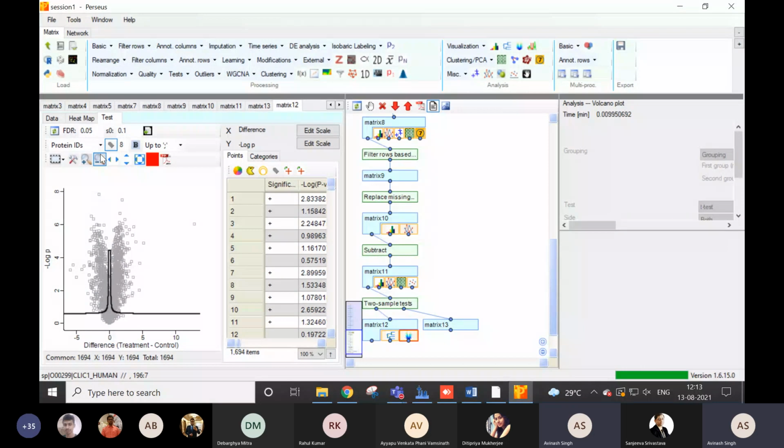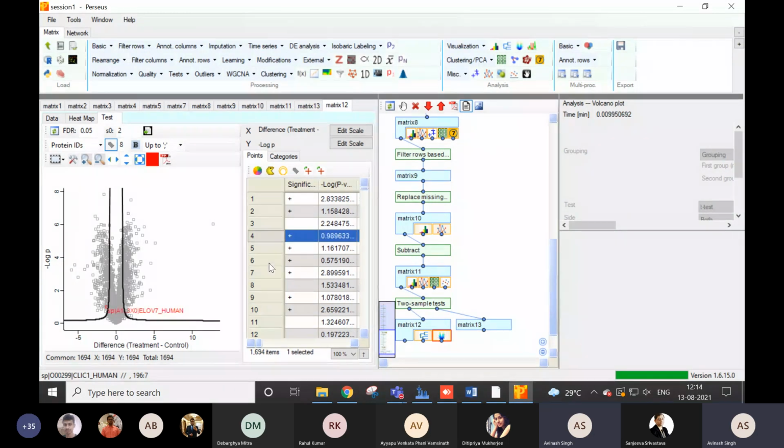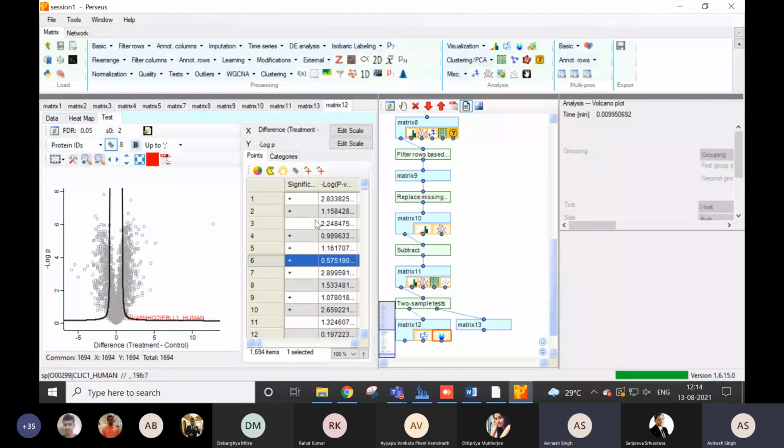This is the volcano plot, and if you want to change the fold change criteria, suppose we want to keep the fold change criteria as 2, just enter 2 and refresh this area. Now you can see that it rearranges the volcano plot and gives the matrix according to that. What you can do is download this matrix. This is the volcano plot matrix where you will get all the fold change criteria and the significant data. Basically, it's the complete matrix.